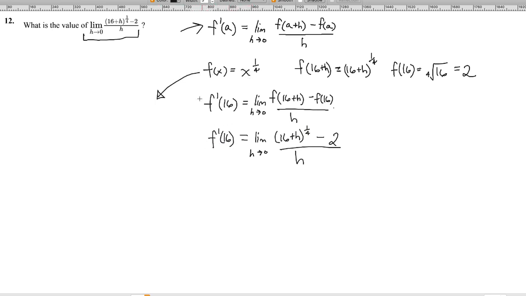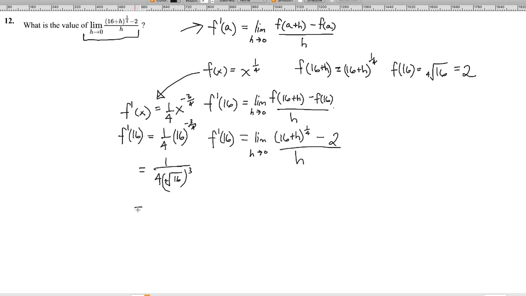I have f of x, I can take the derivative and get f prime of x, and I have 1/4 x to the negative 3/4, and then I could find f prime of 16 by plugging in 16 here. 1/4 times 16 to the negative 3/4, and I'm going to get